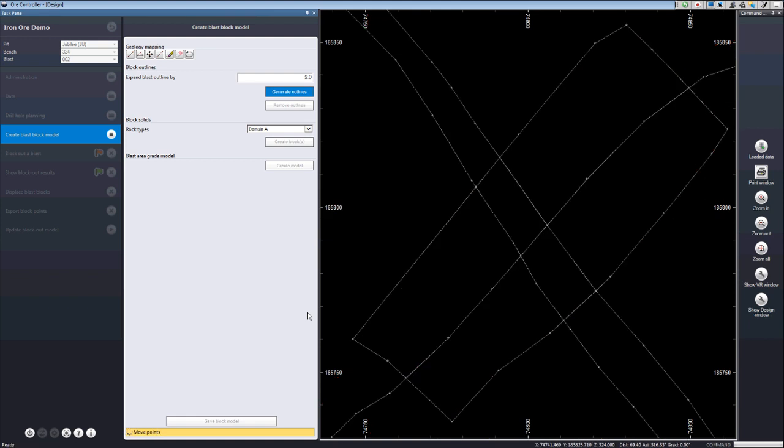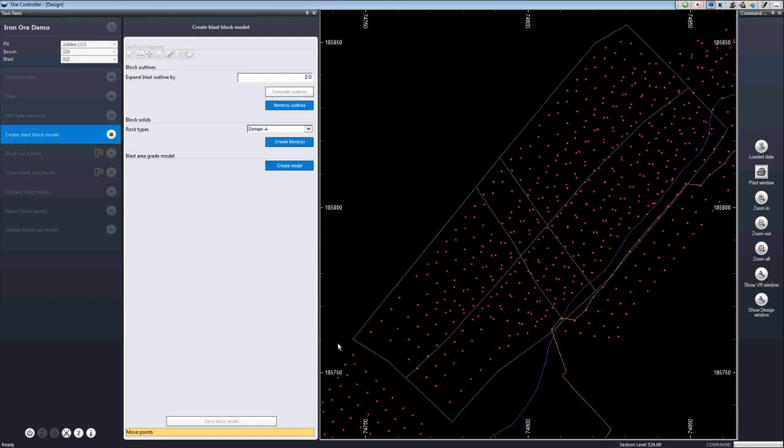There's a little amount here of 2 meters where we stepped the blast outline out before we generated the outlines, just to make sure that we don't get any edge effects. And now, as you can see, we have a number of different regions. The first of those I'm going to select as the dike and create a 3D block there.